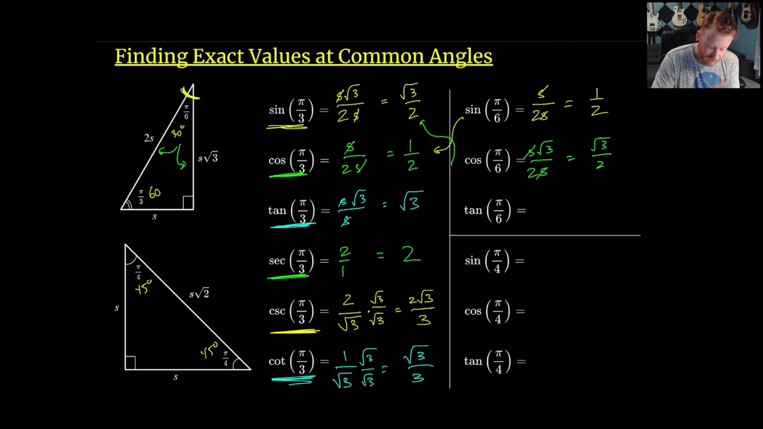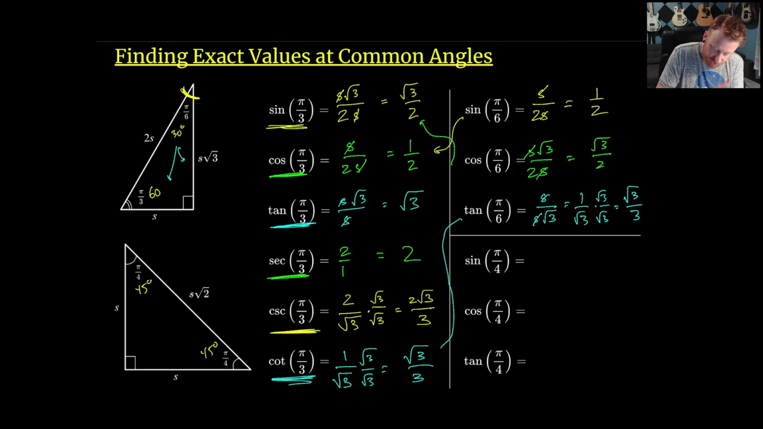And then we'll take a look at the tangent. That's going to be the opposite over the adjacent. So the opposite, which is going to be s, over the adjacent, which is going to be s square root of 3, the s's cancel, and we get 1 over the square root of 3. We'll rationalize that denominator, and we'll get the square root of 3 over 3, which we did see as well is the same as the cotangent